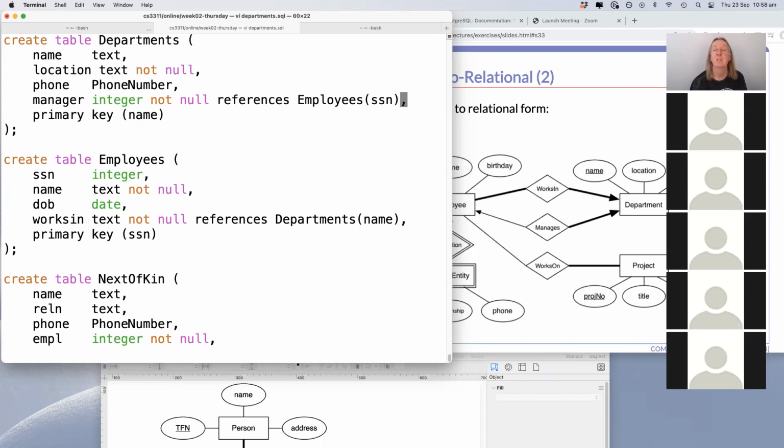Now we have a problem. We have circularity in our referencing. We can't define departments because we need to have employees, and we can't define employees because we need to have departments. What to do? This one is potentially a little bit tricky. One thing we could do